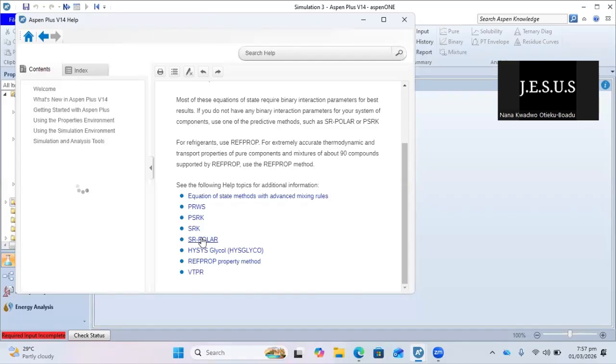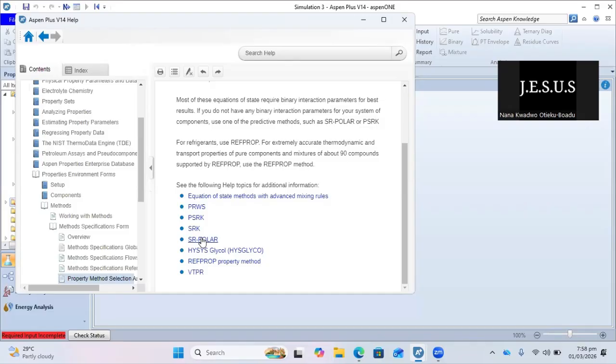So it's very important because using the wrong property method will give you very, very wrong values. For example, with the liquid thing I was saying, there was a time that I was working on something having to do with liquids, and I used a property method that was best for gases. The answers I got were far from what I was looking for because the property method was not the best